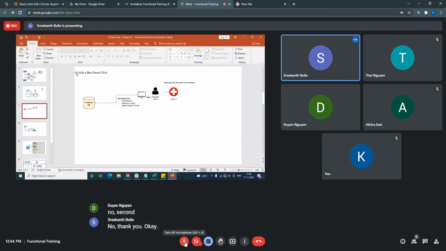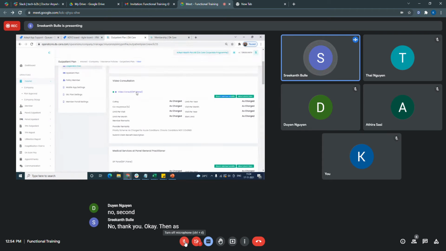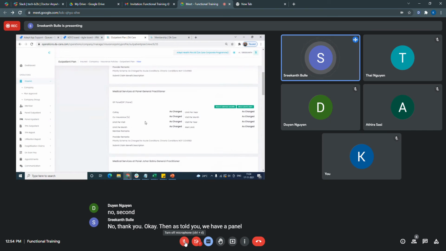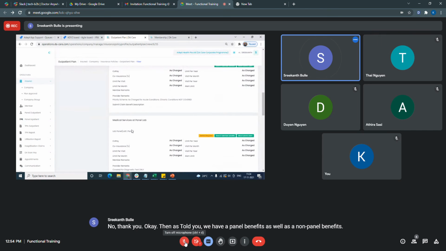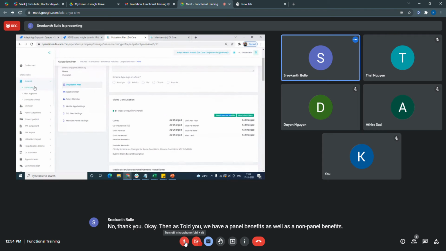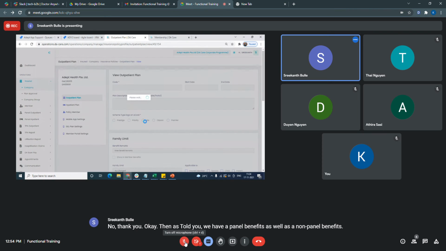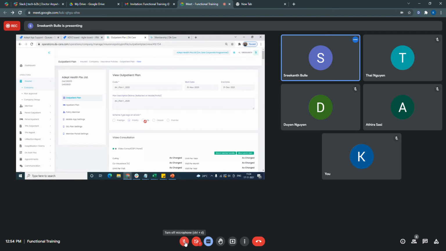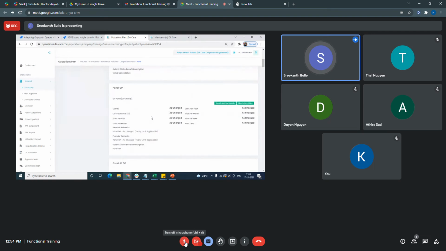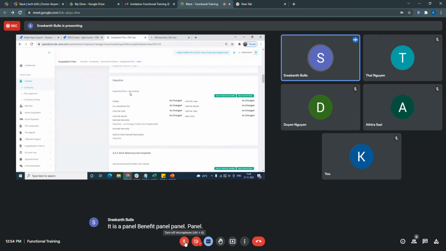Then, as I told you, we have panel benefits as well as non-panel benefits. This is a panel benefit, and this is a non-panel.